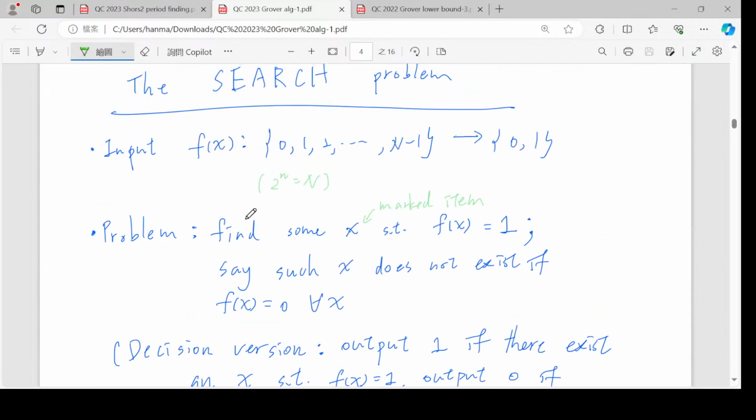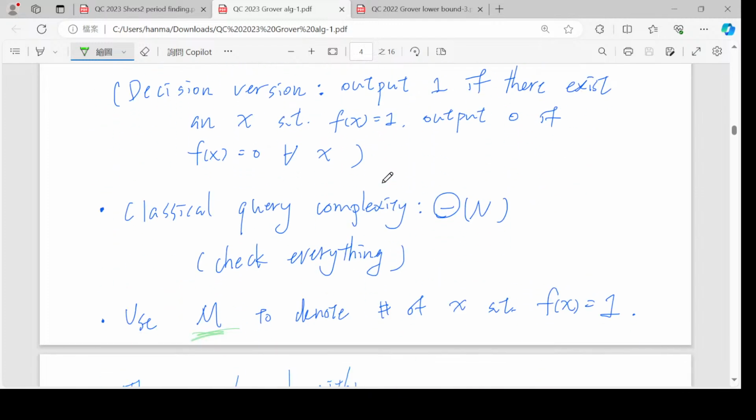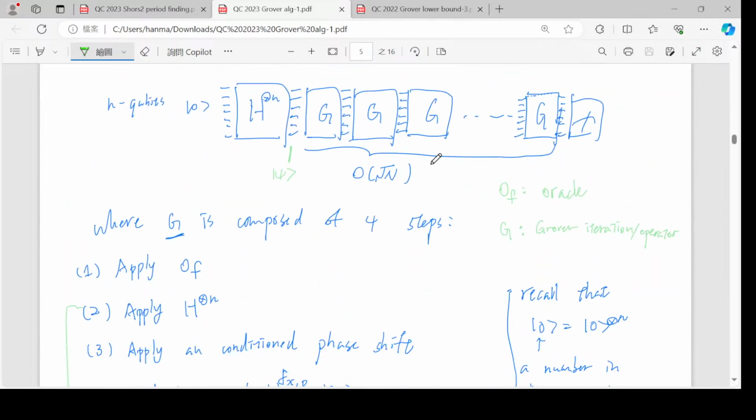Okay, so we are thinking the input is this small f of x, and we want to find whether there is some x such that f of x equals 1, or in terms of a truth table, f of x is a big string, and we want to see where this big string has a 1 somewhere. So we want to find this marked item, and classically, you need to solve this using order n queries. If you want to find a marked item, then you need to pretty much look over every bit inside this f of x. But for quantum, we see there is this Grover algorithm that uses only order square root n queries